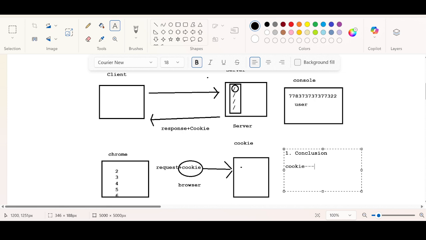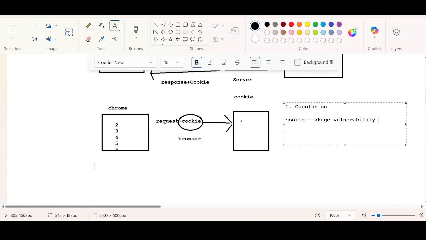But there is a huge vulnerability. What is that huge vulnerability? Now,